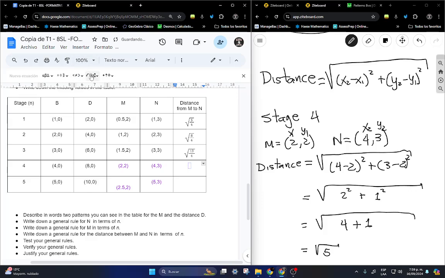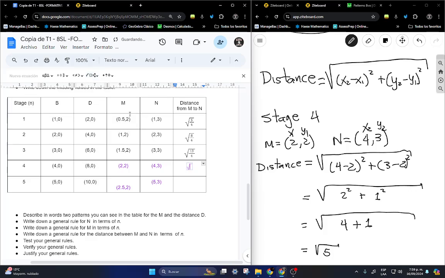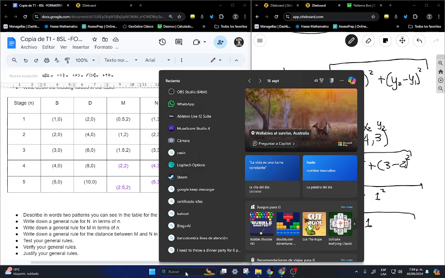So we could have just written this inside. Square root of 5. However, this expression doesn't look like the others, because you see all of them have denominator of 4, so that should mean something. That should be related to the pattern. Even though this is the correct result, and we can even use a calculator to give me a second,